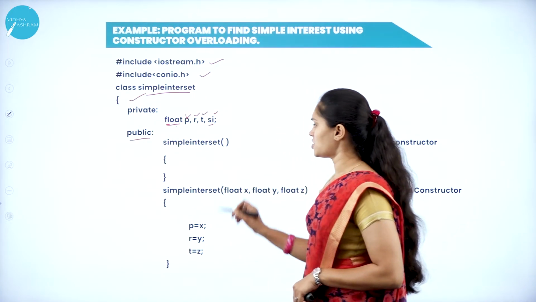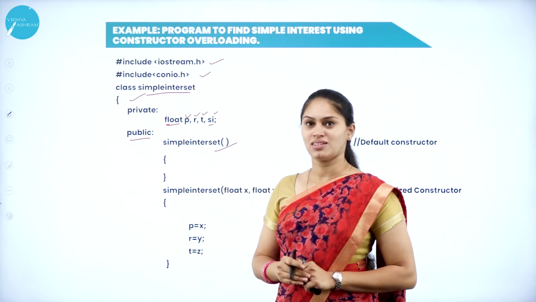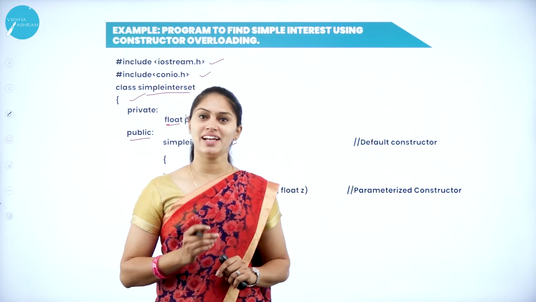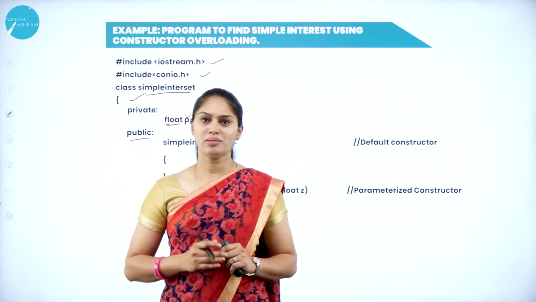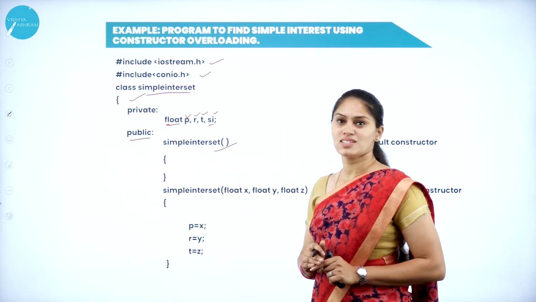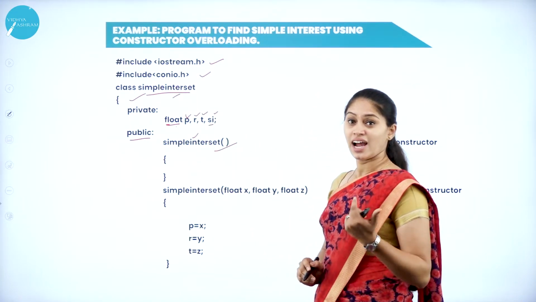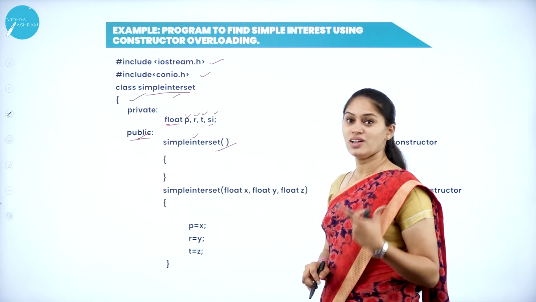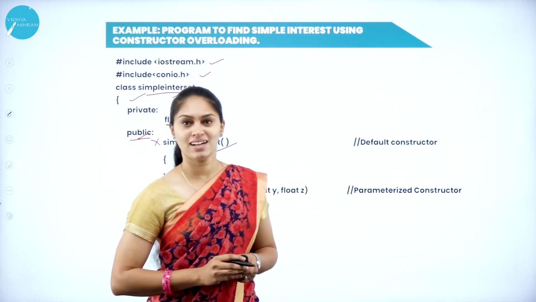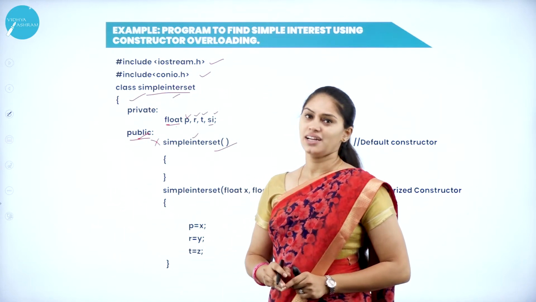After that, under the public section, I have one member function. Ma'am, it is a constructor. Why are you calling this a member function? Till now, I don't know whether it is a constructor, a member function or a normal function, so I need to check. That means I need to recall all the constructor rules. So what are the rules? It has the same name as the class. Yes, it is true. And it comes under the public section. Yes, it is true. Does it have any return type? No, I don't have any return type here. So I can call this simple interest a constructor, because it has the same name as the class, it comes under public and it has no return type.